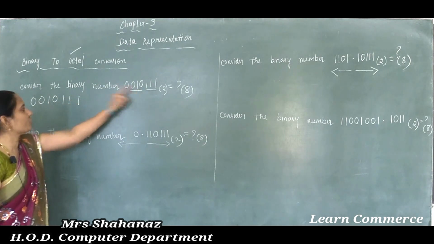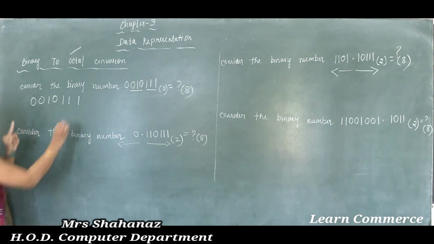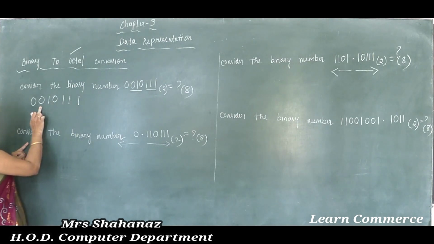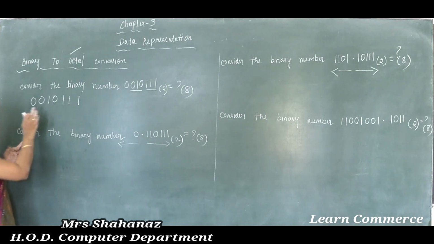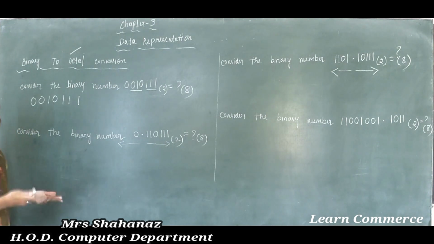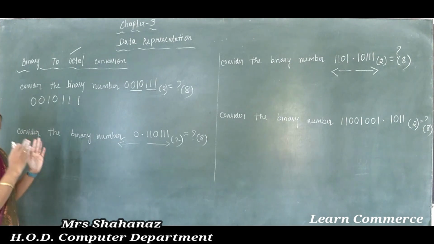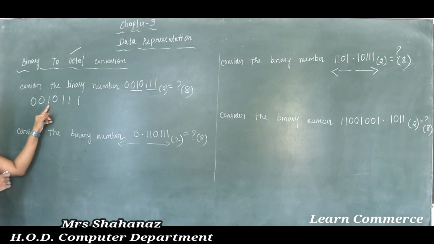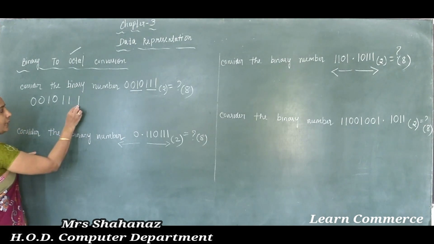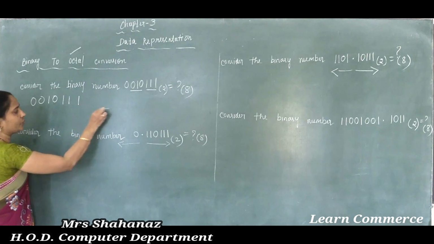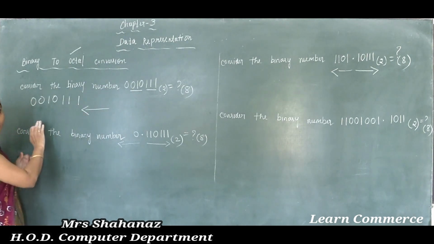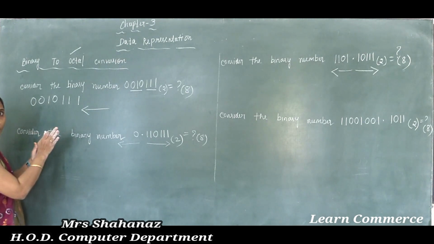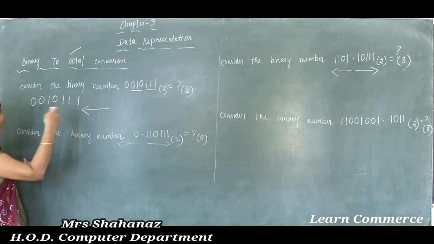Okay, the same question I completed here, and later we break the binary digits. This one is the binary digit value. Just by taking the 1 and 0 values, we can make the binary number. So we break the binary digits into groups of 3 bits, starting from the binary point, that means we need to start from this point, clear? But some changes are there when you use any fractional point. If there is no fractional point, you have to start from the right side, okay?